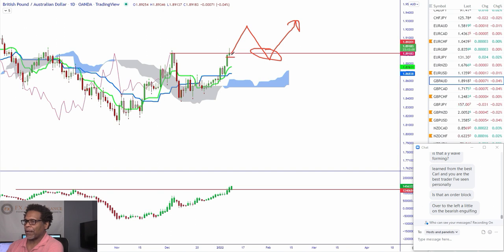If we fail, we're going to break below here. Then we're starting to look for the market to come back to structure, and maybe we drop back into this area, then break the level. All right, so at this point, this isn't a good trade for me. I don't trade these levels right here because unless I have divergence, and I don't. All right, so if I had divergence here, I would probably short this at this level.